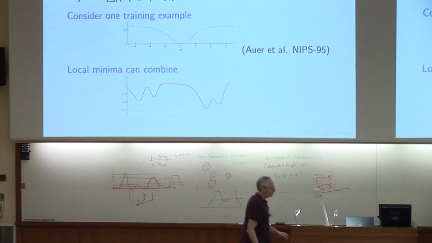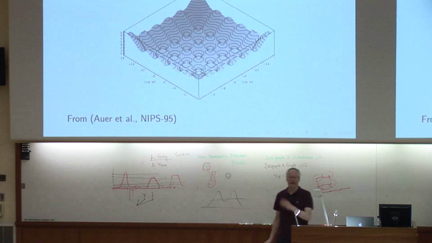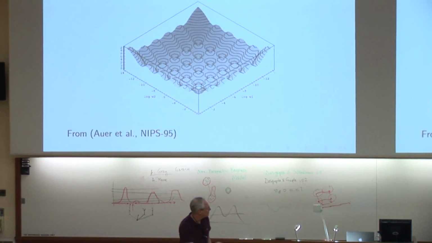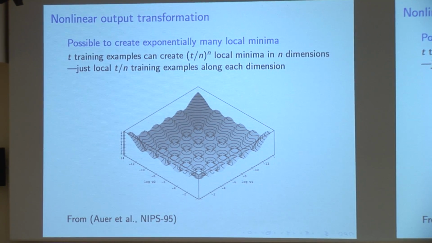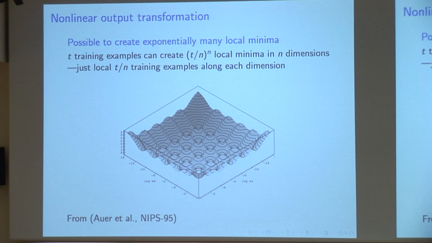Just to hammer it home, there's a pretty famous paper in NIPS that showed you could make this arbitrarily bad. The combination of sigmoid and least squares could easily lead to an exponential number of local minima, exponential in the dimension. You could just line up these bumps in the different dimensions, and you get these interference patterns, and then you're trying to train your model on a crazy surface like this. It's really hopeless. Global optimization is a fantastic field, very wonderful and interesting, but people never come back. So anyway, maybe we should be trying to avoid that.